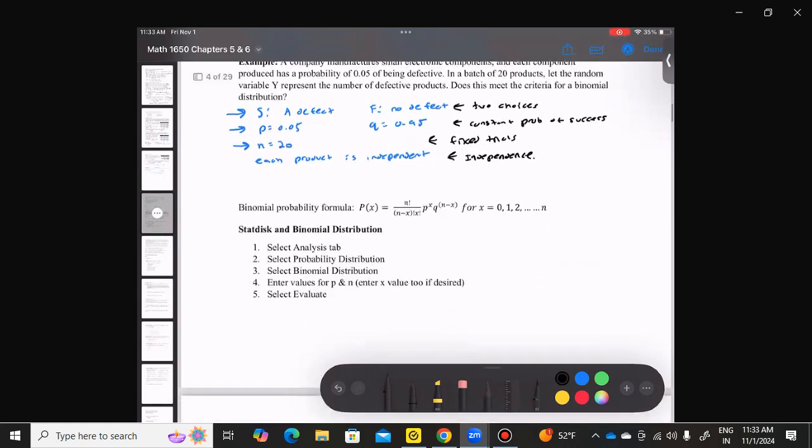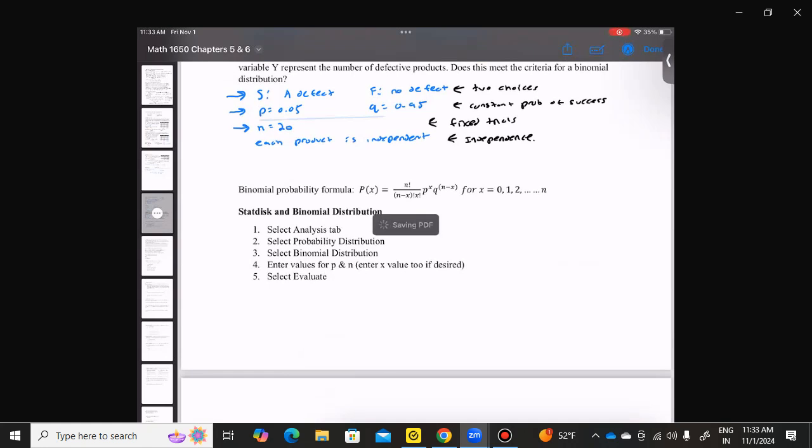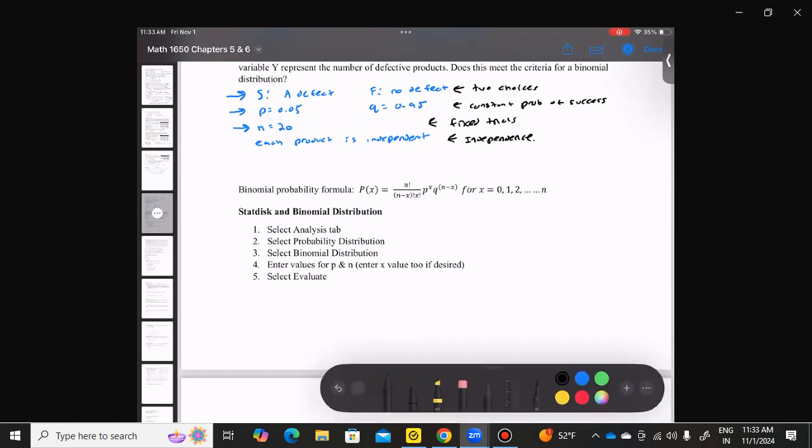Okay, now there is a formula for the probability of each random variable, and we would have to do this for every value. However, we won't be using this formula because we can do this on StatDisk much quicker for all values. Doing one of these calculations will take a little time. Doing 20 different calculations will take a lot longer. Alright, so